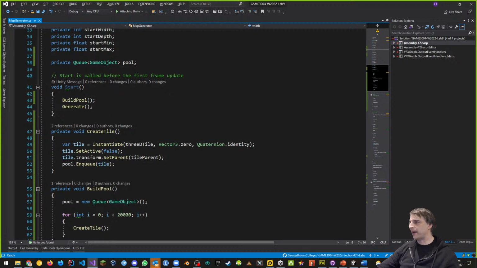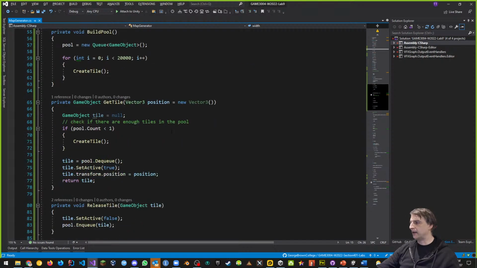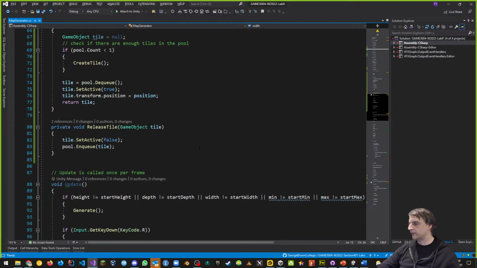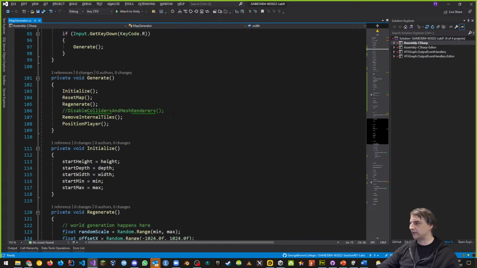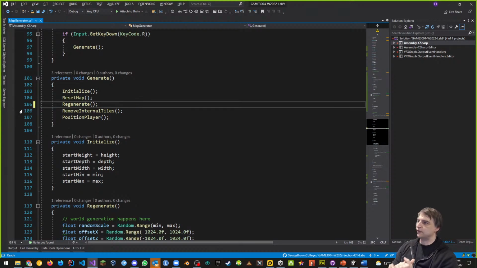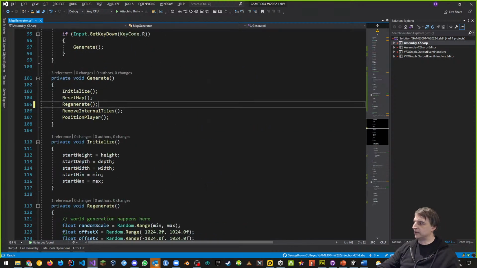So what we're expecting is once we build our pool, we have our pool. That happens only one time in the start function. And then every time we call generate, it's going to follow this exactly: initialize, reset, regenerate, and so on. Reset, let's go to reset. Make sure that this is a release tile. This is what's supposed to happen. But what's actually happening is that when we regenerate,